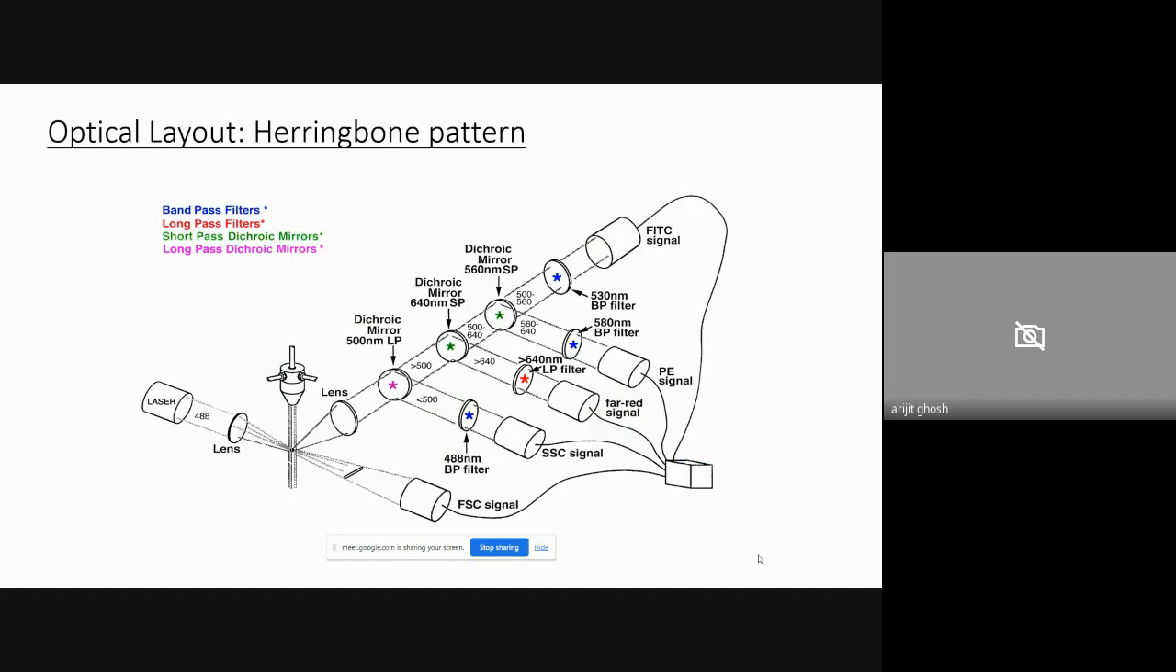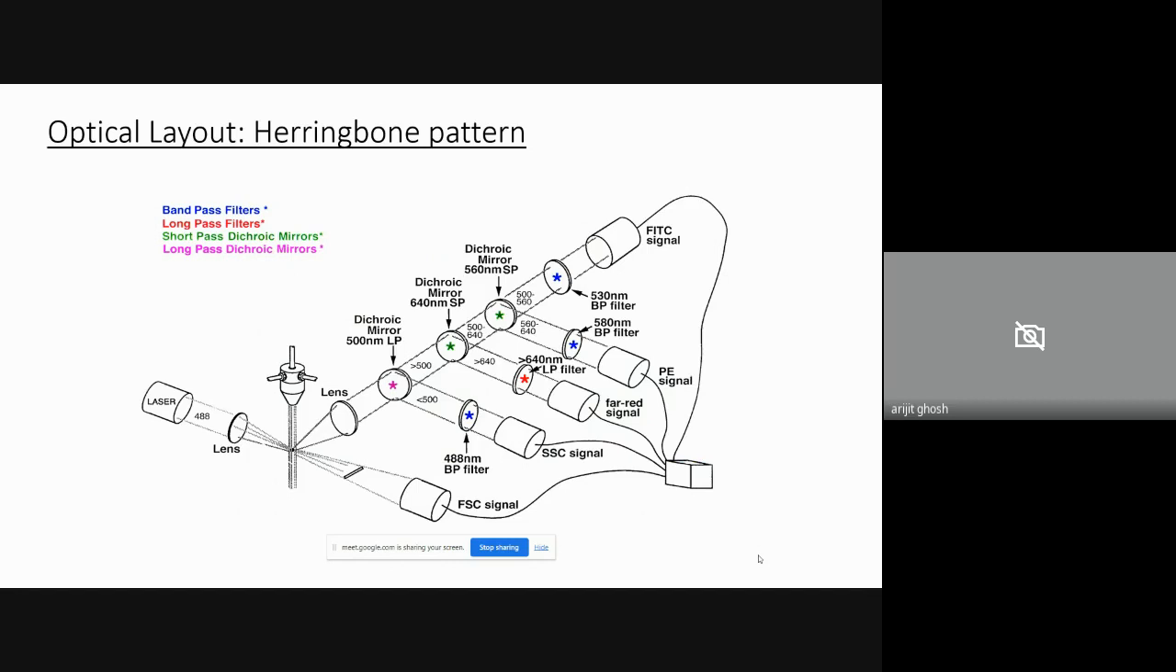Let me first tell you that when the cells go into the flow cell and the laser hits a cell, there are two types of scatter. One part of the light gets directly transmitted through the cell and is captured on the opposite face of the laser, which is forward scatter or FSC signal. And the other part of the light is getting transmitted at a 90-degree angle,